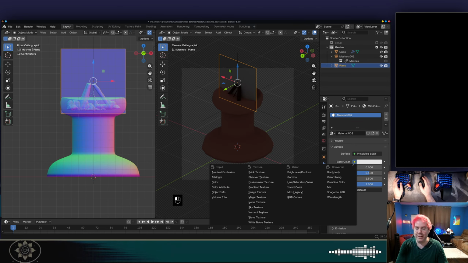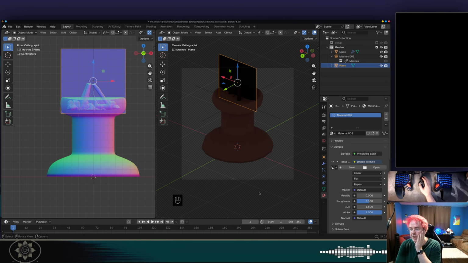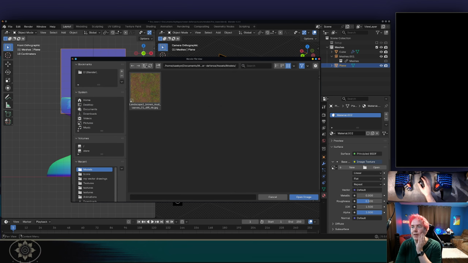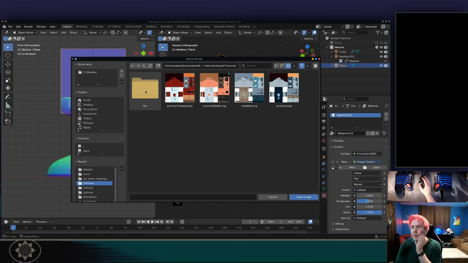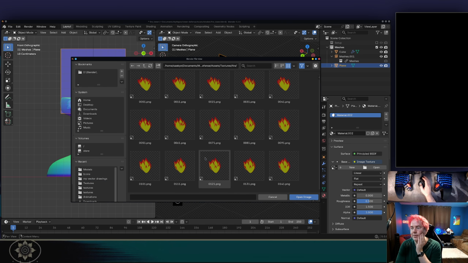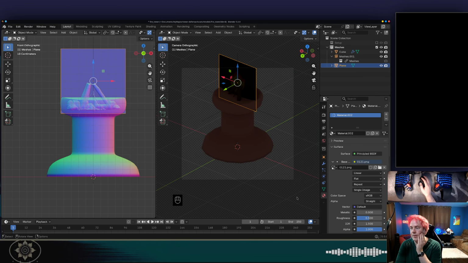This is something I was reminded of the other day because I was struggling. I think I was struggling with attaching a texture to a mesh at one point. Image texture, and then we open fire. We'll take this one. This one looks good. And we want